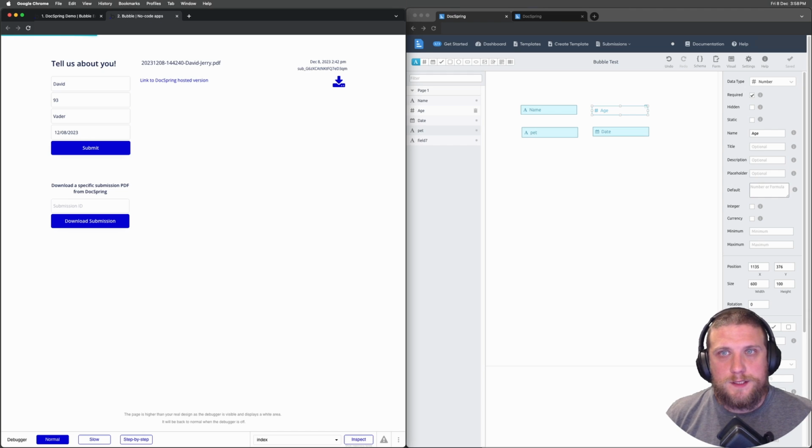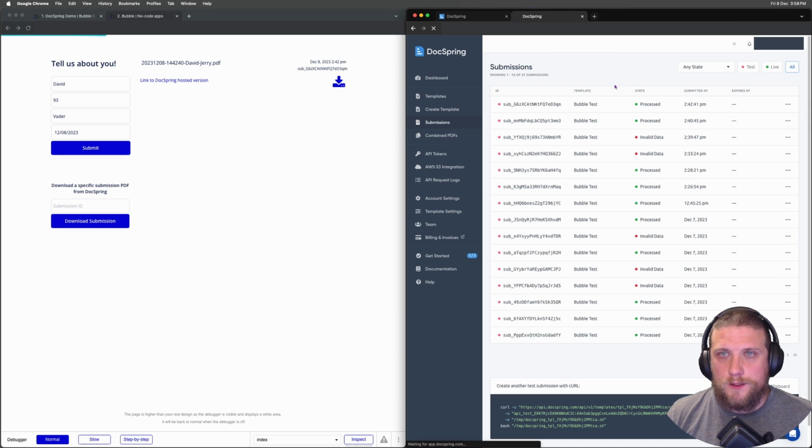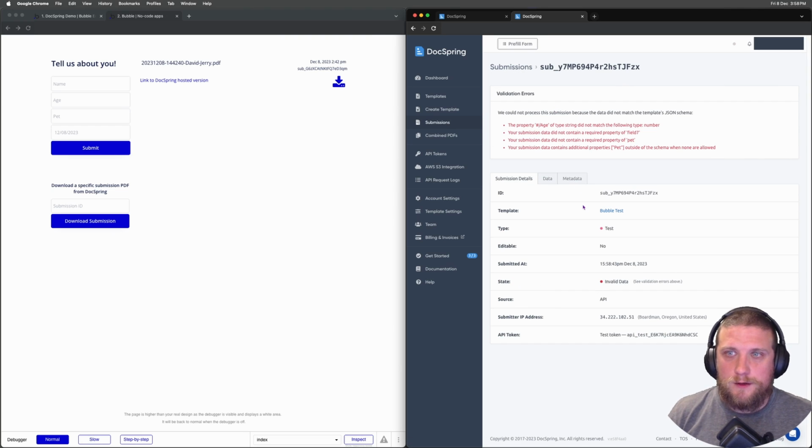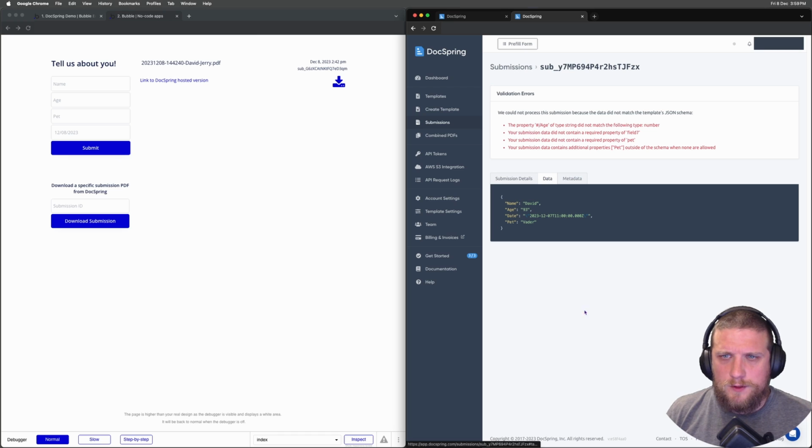Now the reason this has taken so long to load is because if we go have a look at our submissions on DocSpring, we can see that's come through with invalid data. So that means there's an error here. We haven't quite got something right. So we can see it doesn't contain a required property of field 7. Looks like we've got a capitalization error on the pet field, and the age doesn't match the type that came through. So let's have a look at our data, and we can see here our age came through as a